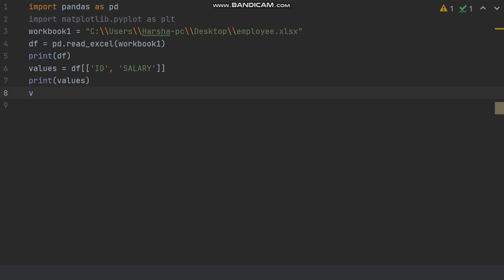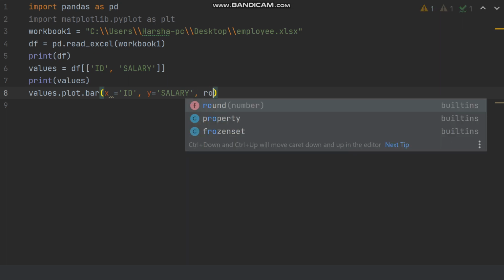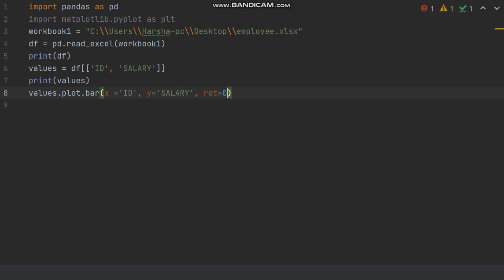Now if you want to plot a chart like a bar chart on these values, that can be done. Suppose values dot plot dot bar for bar chart, and take x equals id, comma, y equals salary, and rotation rot equals 0.